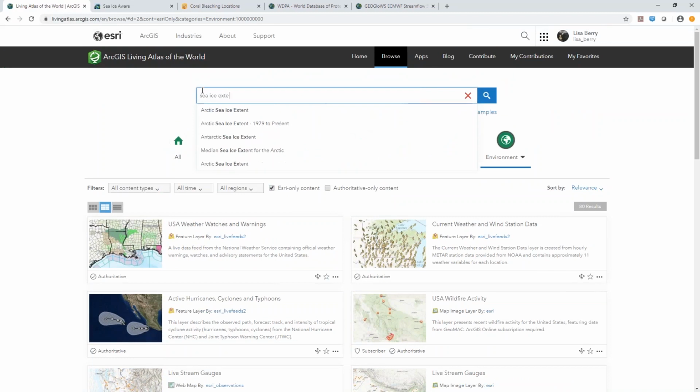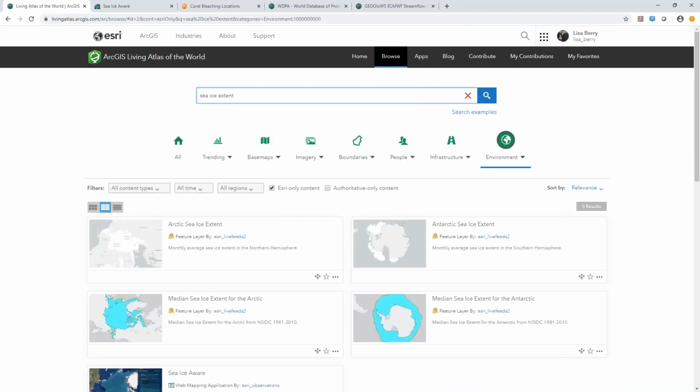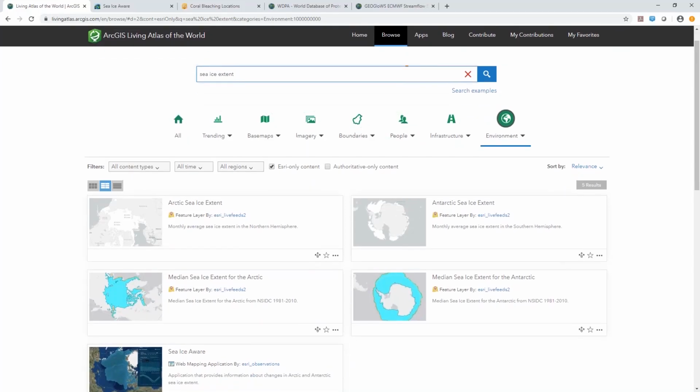So, sea ice extent, if I could type. There we go. We can see that we have the monthly, the median, which is kind of like the climatological average that you would use to compare if it's higher or lower than normal. And we can also see the app here. So that's pretty cool stuff. I like sea ice. So we're gonna now switch over